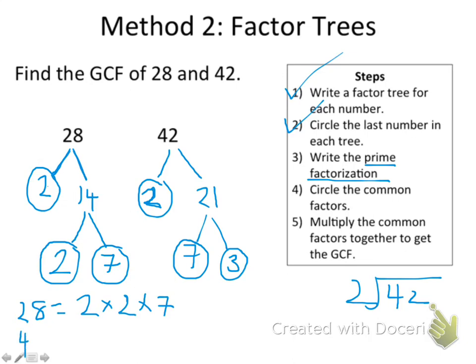And 42 is equal to 2 times 3 times 7. That's just the numbers from here. And that's the prime factorization. Then it says circle the common factors. I'm going to change my color here. Circle the ones they have in common. So